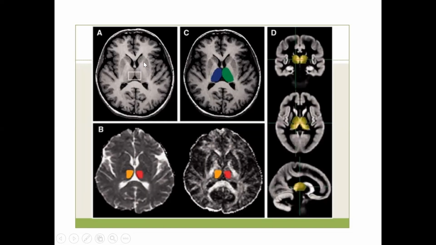This white structure is nothing but your internal capsule. Below that you have the component called the thalamus, which forms the lateral wall of the third ventricle. This is the third ventricle, and the thalamus forms its lateral wall. There are two nuclei of thalamus, right side and left side. These two components of the thalamus are connected at the midline via the pars intermedia. So the two thalami are connected to each other via the pars intermedia.